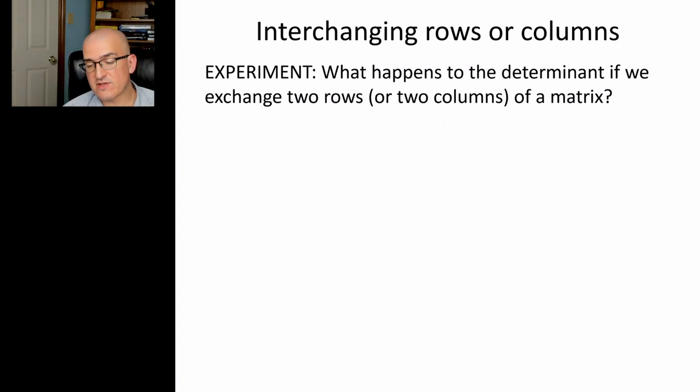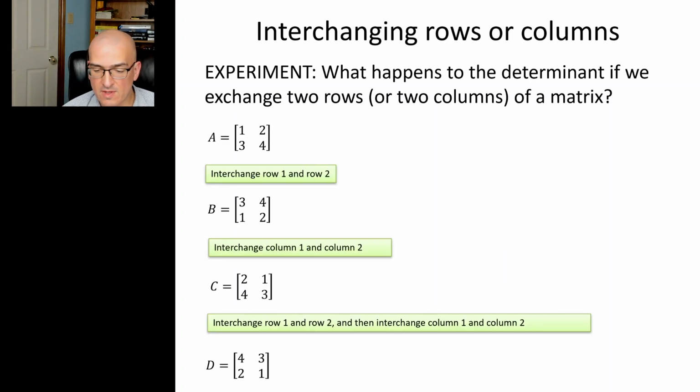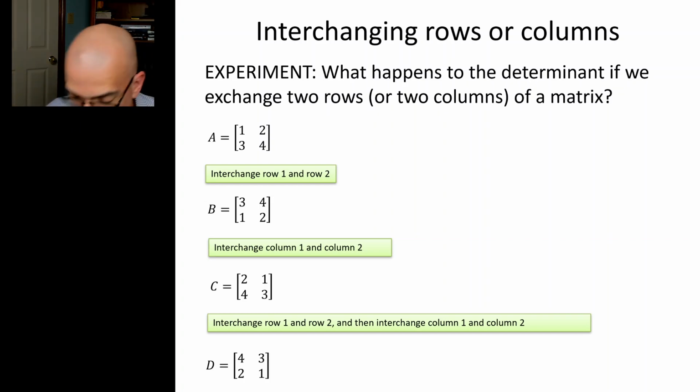And we'll extend that to exchanging the order of 2 columns, which, by the way, when you're doing elementary row operations to row reduce a matrix, don't touch column operations. Column operations are only for determinants, at least as far as this course is concerned. Okay, so here's our starting matrix A, and then we're going to perform some manipulations on it. The first manipulation